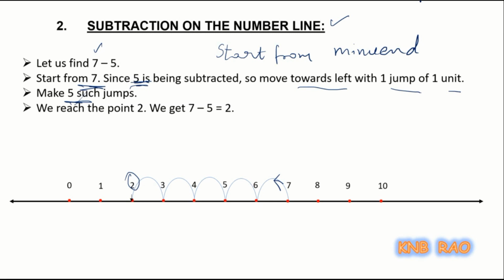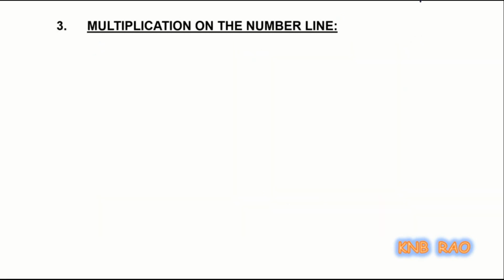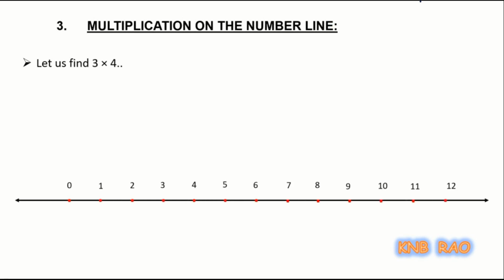Next, third operation, multiplication on the number line. To learn multiplication on the number line, let us take an example, finding 3 into 4. To find 3 into 4, draw the number line, mark the points on it. After this, from where to start? Question comes. Remember children, in the case of multiplication, always start from 0. But what does this multiplicand say? Fix one multiplicand as how far